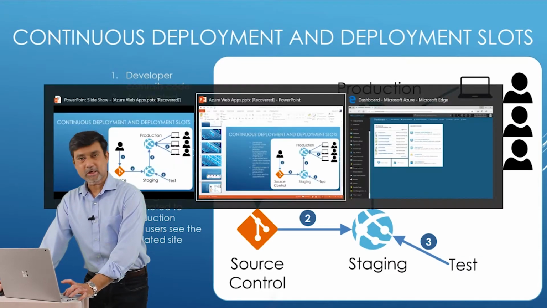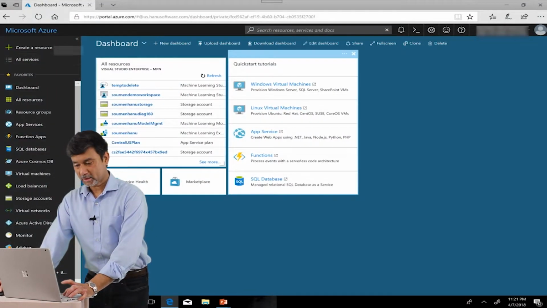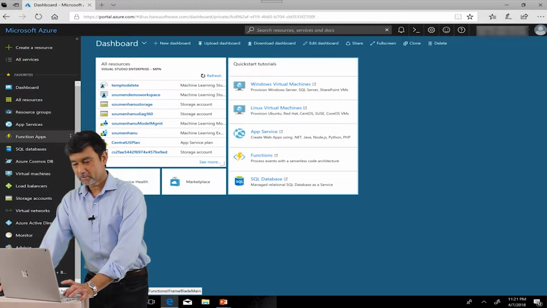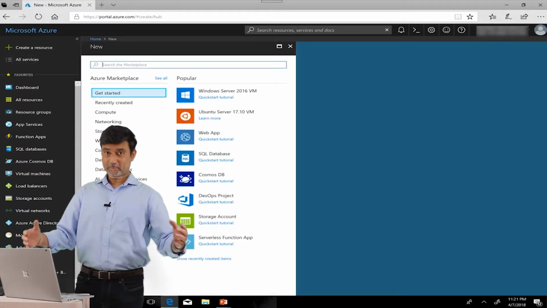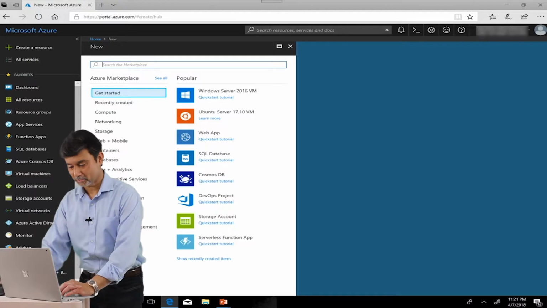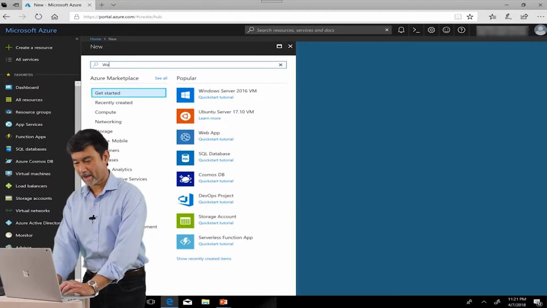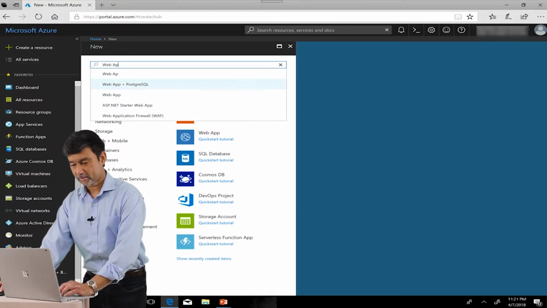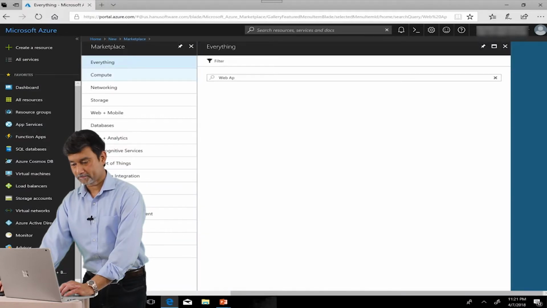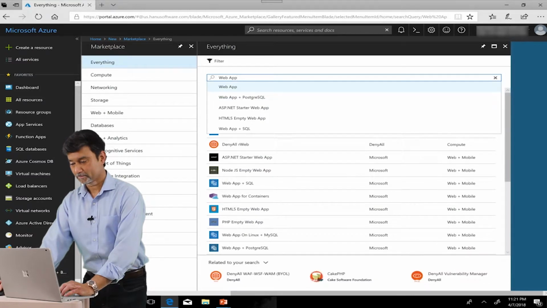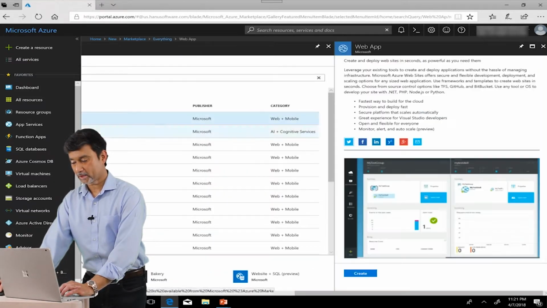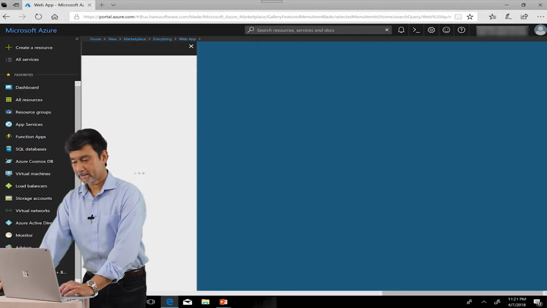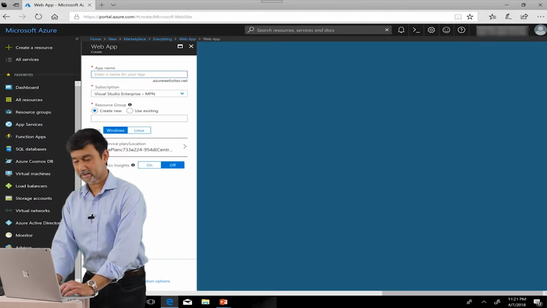So I'm going to go to the portal and create a new web app, and that's the web app I'm going to develop as an application, and then we are going to see. So I'm going to search for web app here. So web app, it's supposed to say web app. So it's going to give us the web app. I'm going to select the web app here, and I'm going to create one, let's say a simple name like